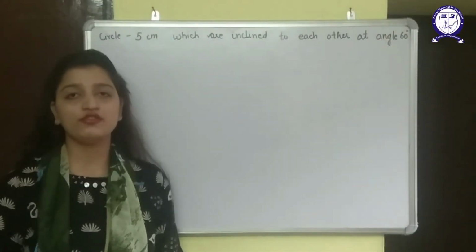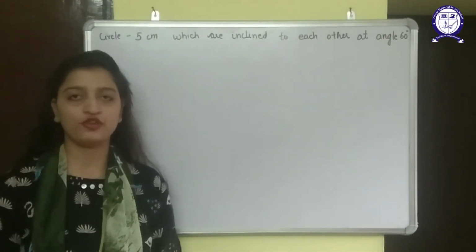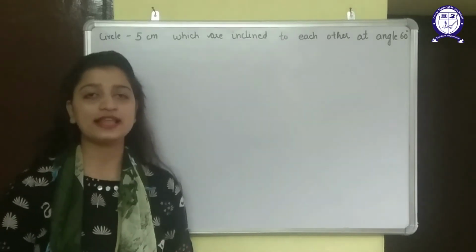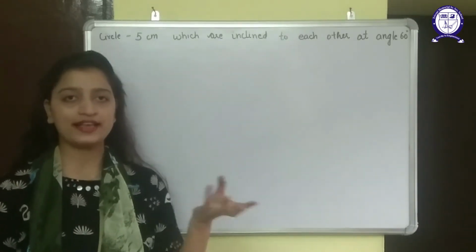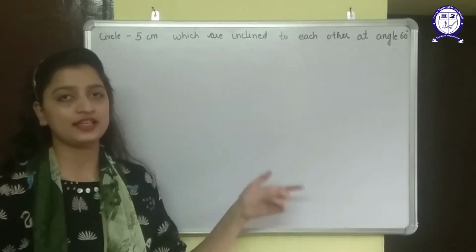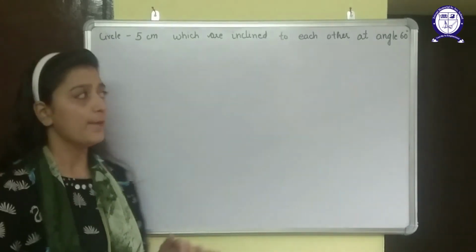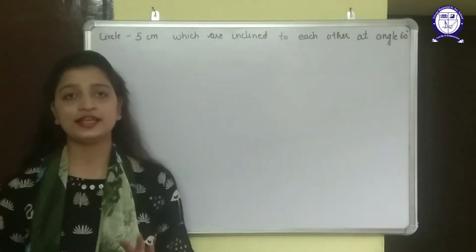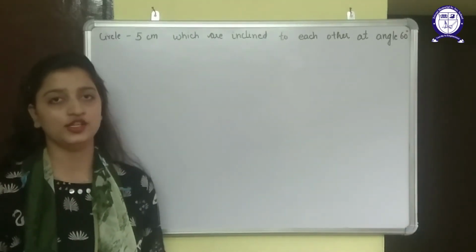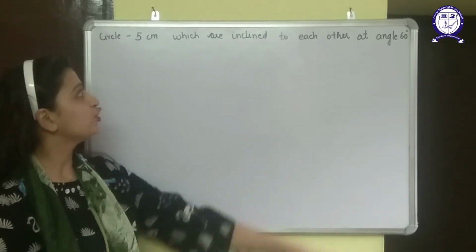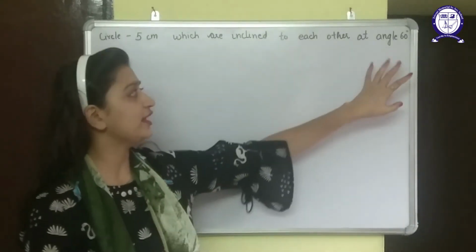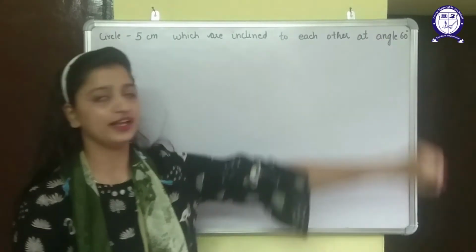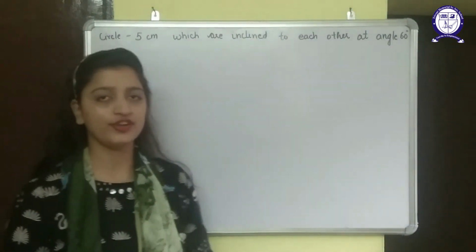Now question number 4 is a little bit different from the other questions, because in that question we were given the external point, that how many centimeters away we need to take it. But now in this question we are not given the centimeter part of the external point. It says I need to draw the tangents which are inclined at an angle of 60 degrees. Okay, this is a quite different question.